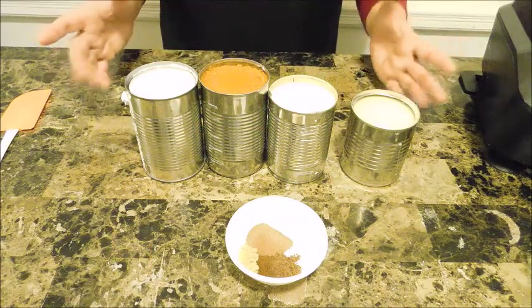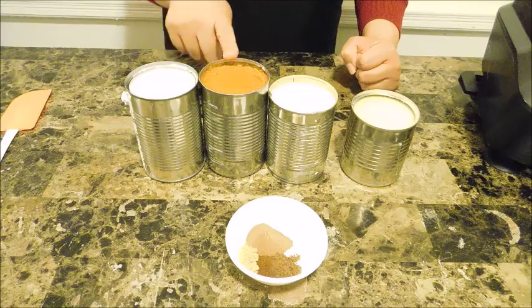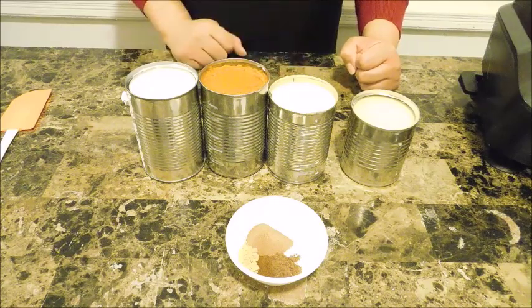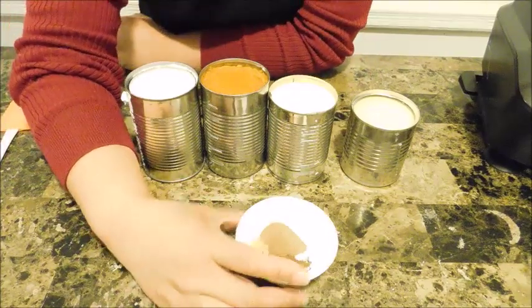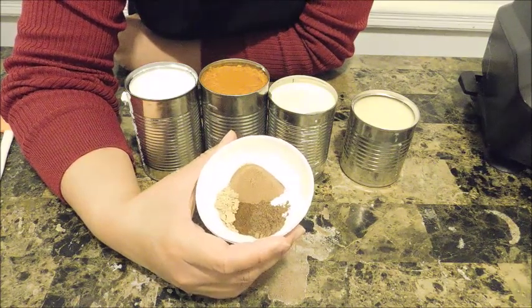Super easy and simple. I have here 1 can of coconut milk, 1 can of pumpkin puree. This is whole 100% pumpkin puree. I have 1 can of evaporated milk and 1 can of sweetened condensed milk. And right here for my spices, now if you like, you can simply use just pumpkin pie spice, but right